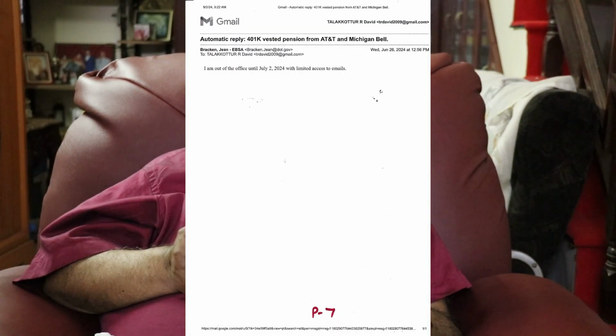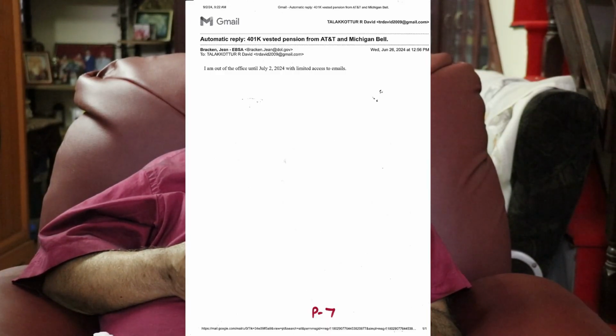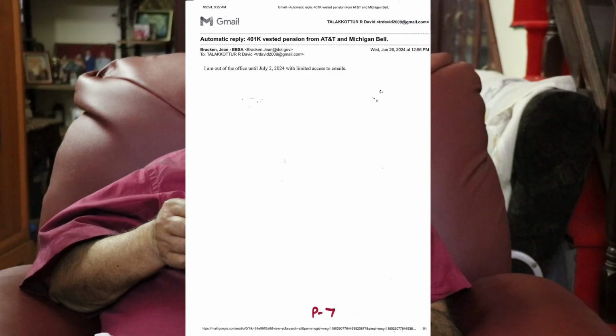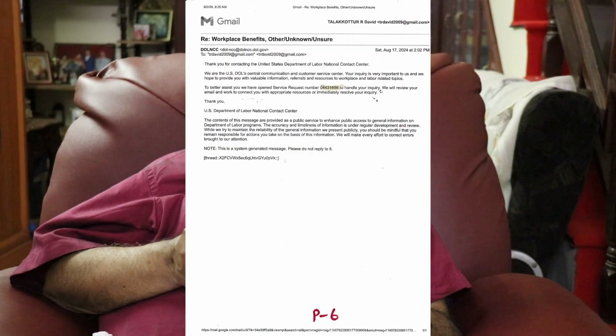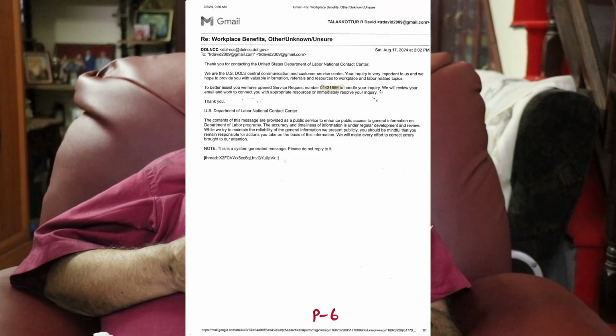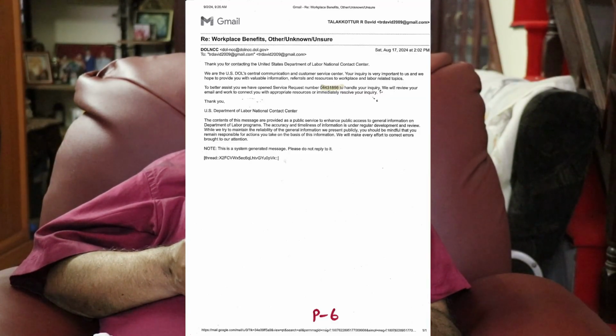This letter was followed by a letter dated June 26 by Jean Breaker of EBSA, saying that she is out of office until June 2024 with limited access. Then on August 17, 2024 at 2:02 p.m. I got another letter from Jean Breaker, which says,